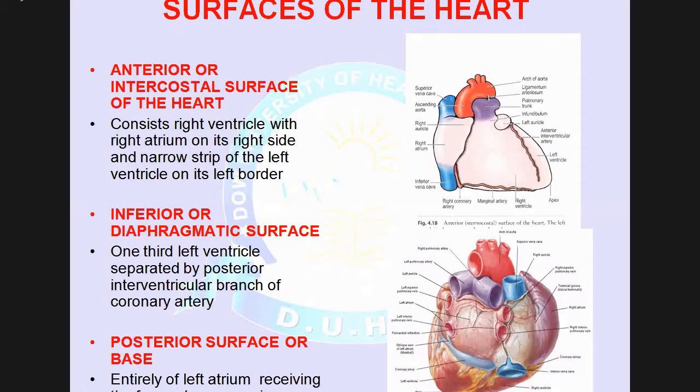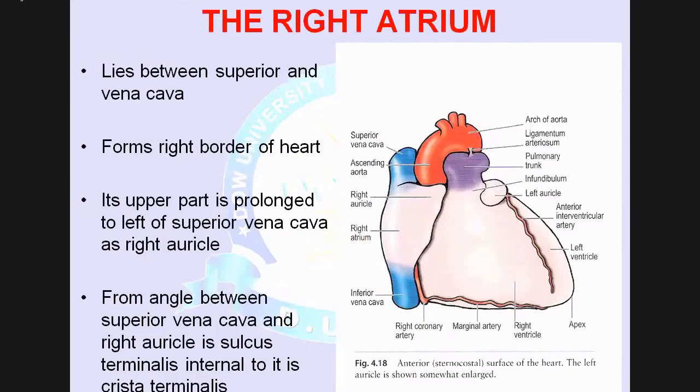The right atrium lies between the superior and the inferior vena cava, forming the right border. The upper part extends into the superior vena cava, which is right here. And there, at the angle of the auricle, where the auricle meets with the atrium, there is a sulcus called the sulcus terminalis, or the terminal sulcus,